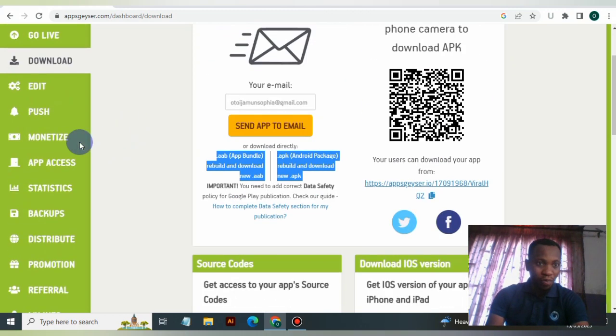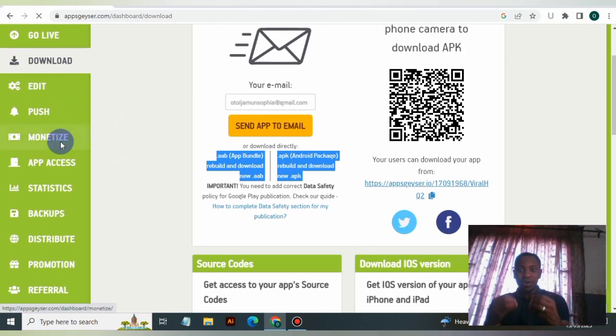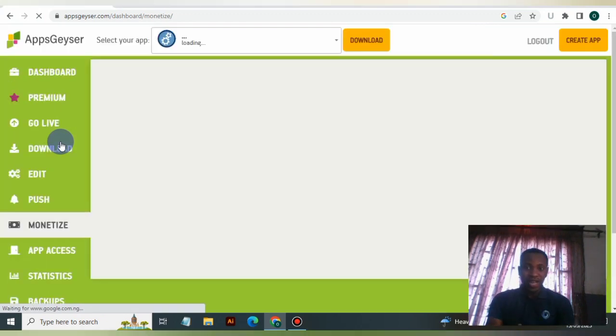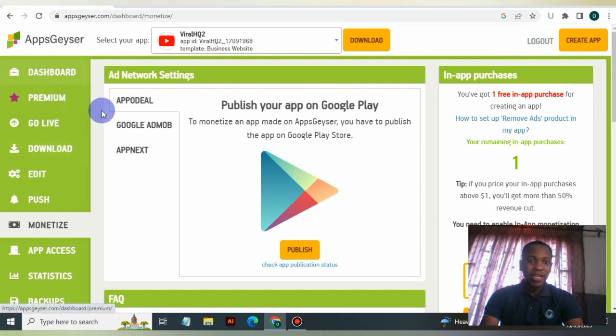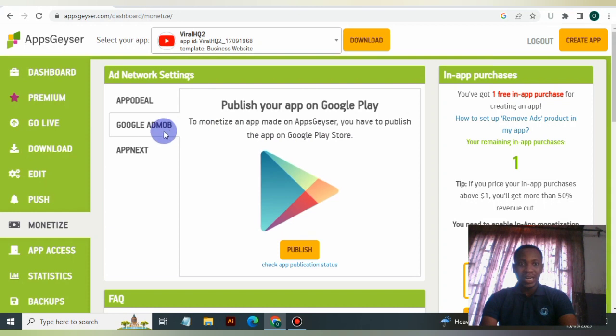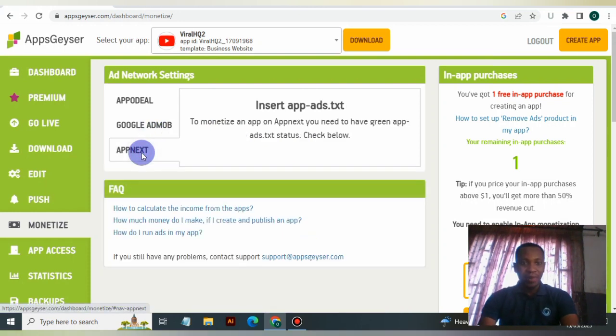So if you have an AdMob account, or you want to monetize your app, like I told you guys earlier, if you want to create any type of app, just go to the first part. It's going to tell you what kind of app you want to create, and you can select any of them and start monetizing. If you have an active AdMob account, you can click here, and your app must be published on Play Store. The same thing applies to Google Play. Once you publish your app on Play Store, you can actually use Google AdMob, and they have app lists. So it all depends on what you want to do, guys.